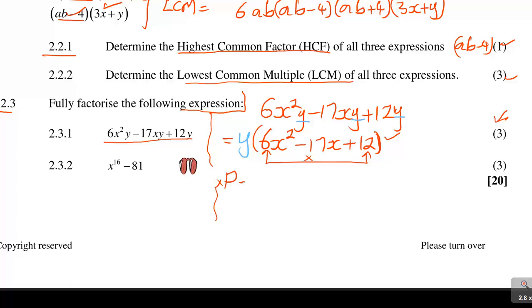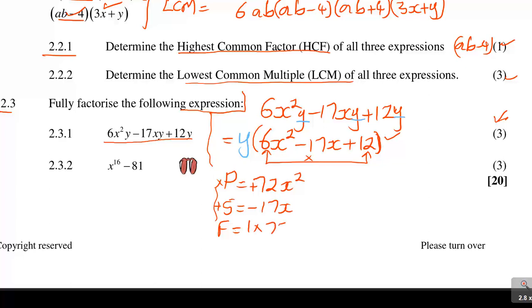So my product is equal to positive 72x squared. My sum, which is for plus, is equal to minus 17x. And then I'm looking now for factors, and in these factors I'm looking for the factors of 72, which is